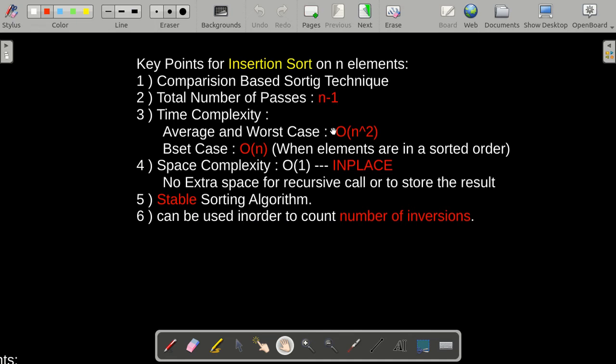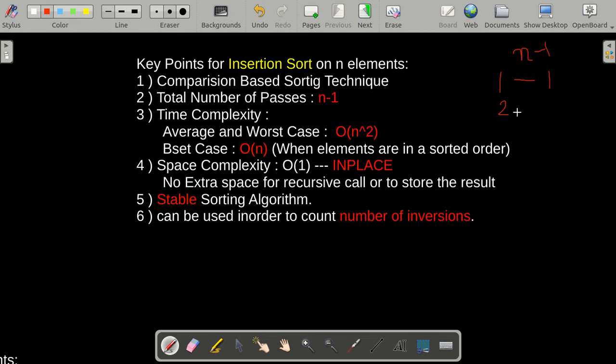The time complexity is of order of n square. Now see, as we have n minus 1 passes, in the first pass, the first half of the array has to be traversed. So at max, one element has to be traversed, because in my first pass, the first half of the array had only one element.